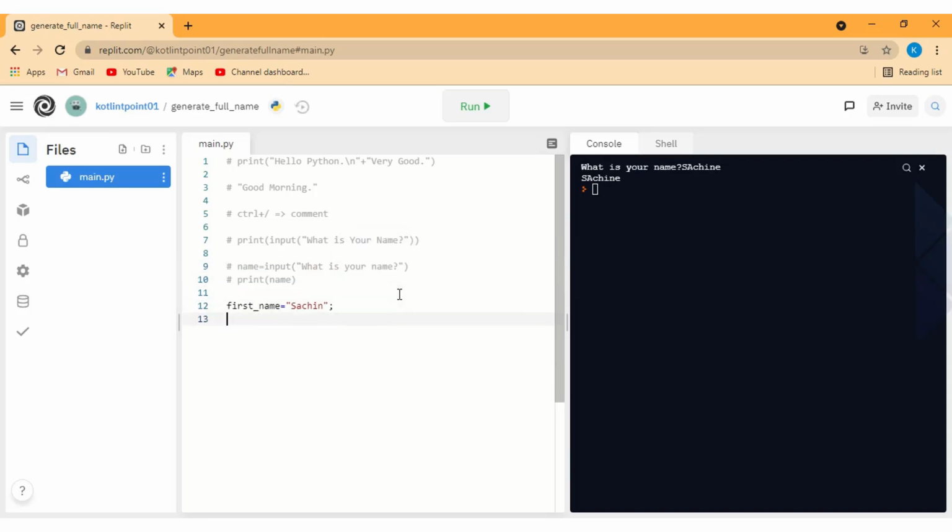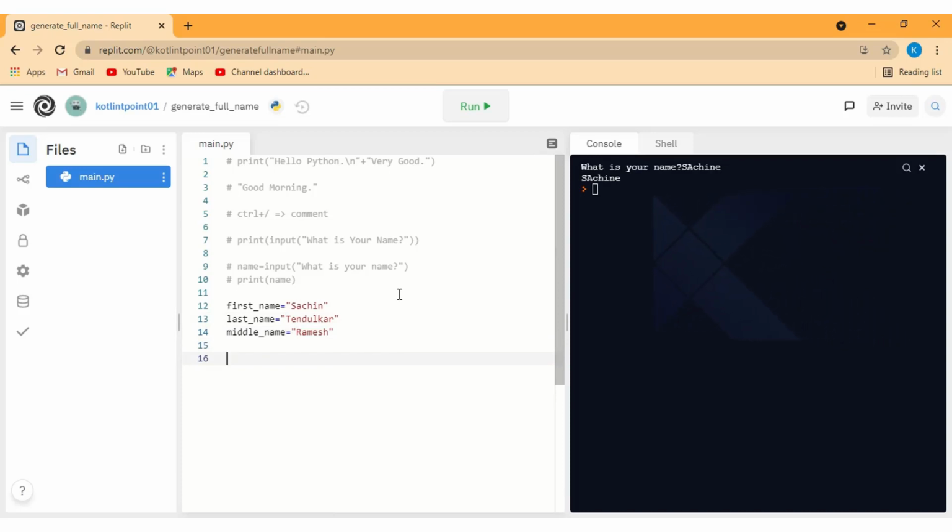So first name Sachin, middle name Ramesh, and last name I will set Tendulkar. This is how I created 3 variables, right? And you can create any number of variables as per your requirement.